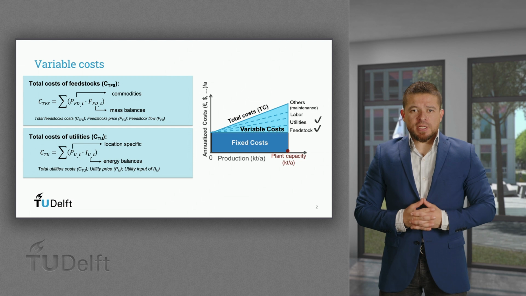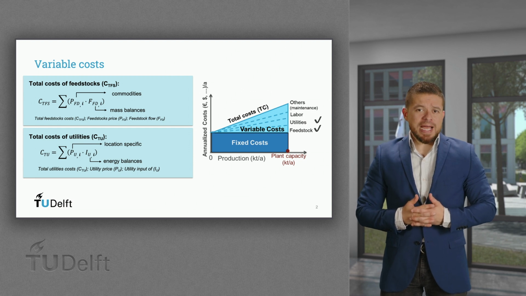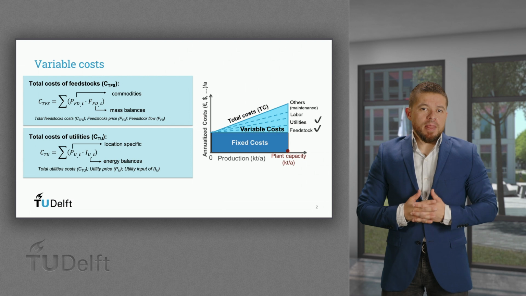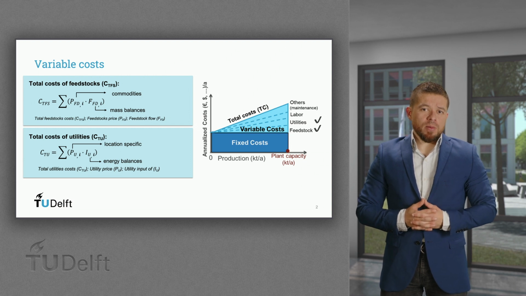For feedstocks and utilities, all raw materials, consumables, and energy sources used in the process should be accounted for, including substrates, nutrients, solvents, heat, and power. The materials and energy flows are available from the mass and energy balances. Prices for materials are often available to the process design team.